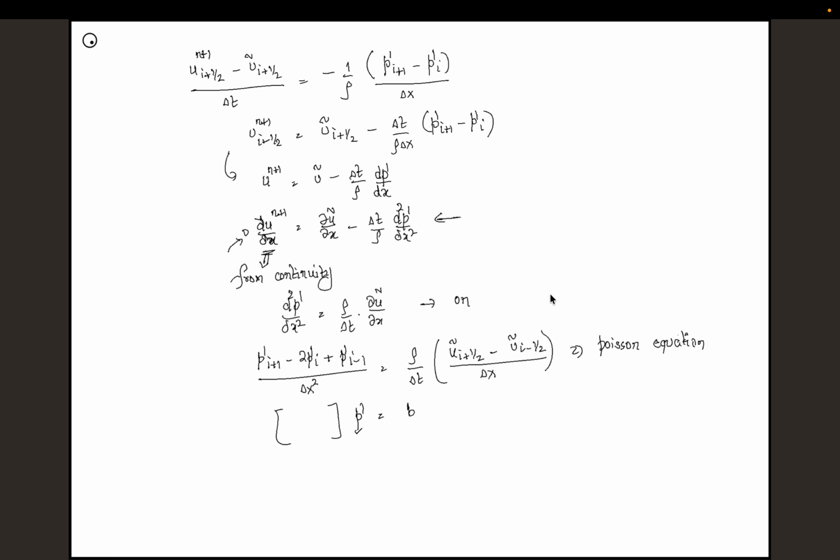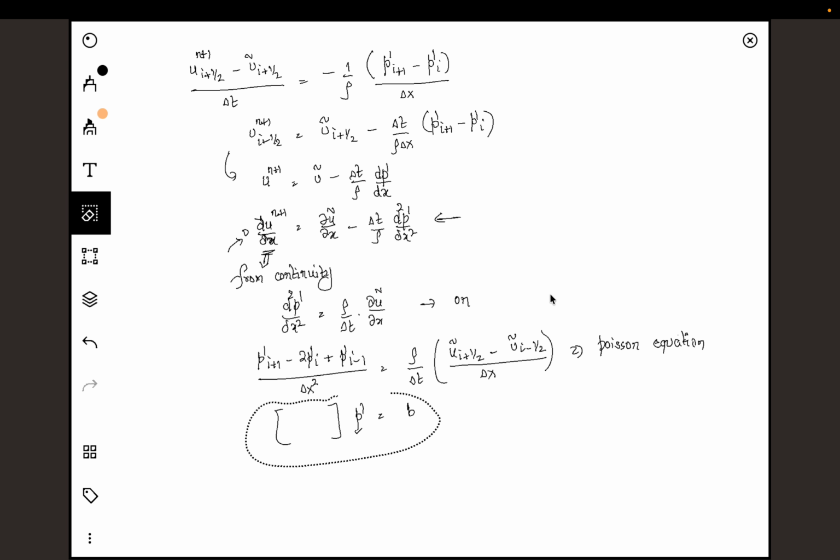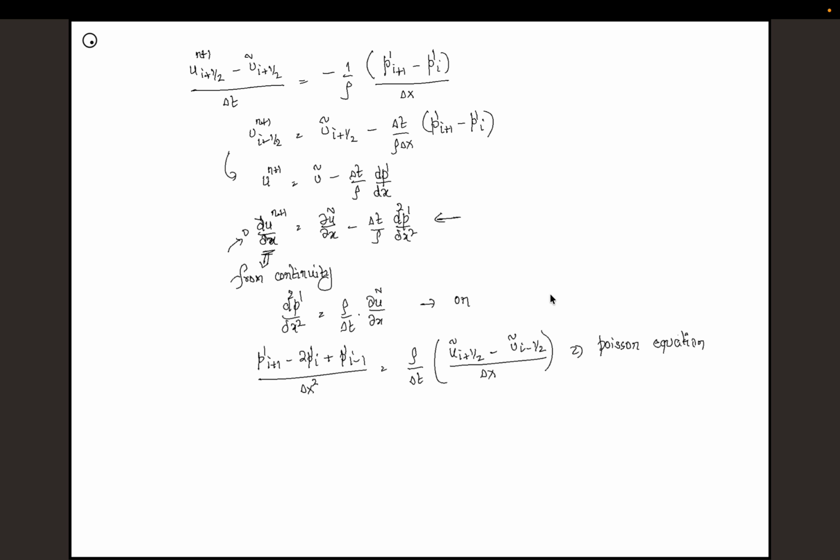Or the other thing that was discussed in the lecture is that we can simplify this further. We know that this u tilde is not the previous velocity or the actual velocity. It is some kind of provisional velocity, whatever you predicted from the previous step. So instead of solving a full Poisson equation, which is going to take a lot of time, we'll assume that the contribution from the neighboring cells is negligible compared to the main cell. That will simplify the problem further, and then you simply write this as p prime is minus